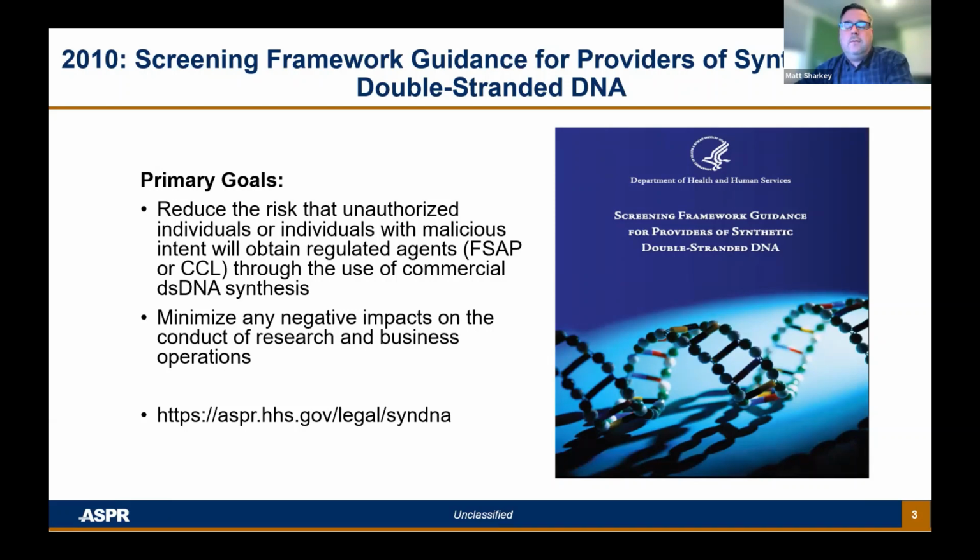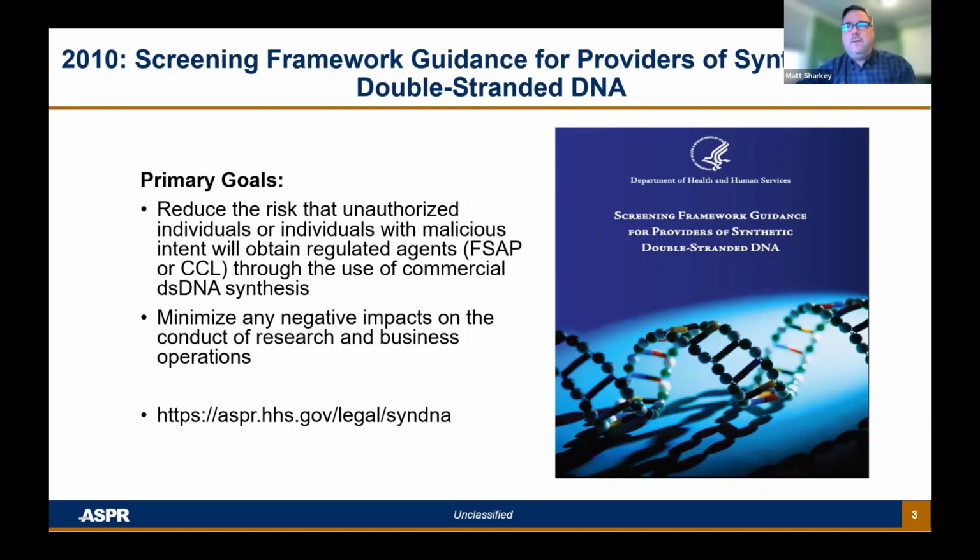And it was kind of a soft touch. It's not in any way a regulation. It isn't even tied to funding. It is a suggestion to the synthetic double-stranded DNA industry that they be on the lookout for sequences that could